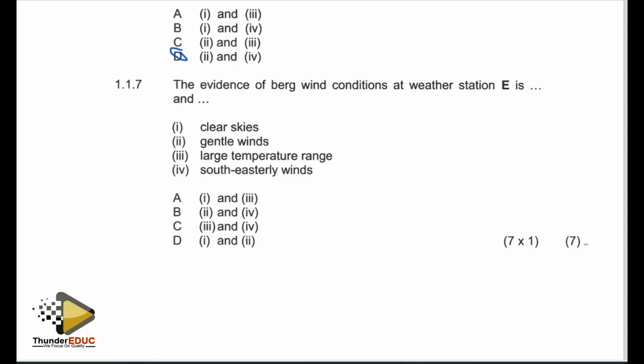Then southeasterly winds. The wind direction, we've seen, is not even a southeasterly wind, so we are phasing out the last response. So the remaining responses are clear skies and a large temperature range, which gives us a combination of item number 1 and item number 3. The combination falls at option A, which is the correct response for that question, number 117. It gives us the response at A.